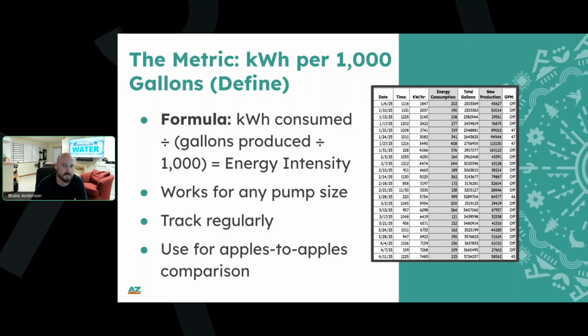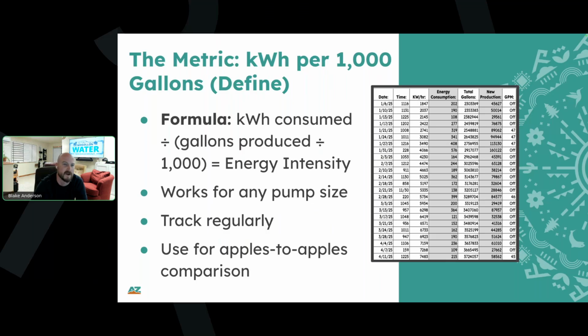That's going to be your electrical meter reading. Each time you check it, you're going to want to figure out how much power was consumed, what your energy consumption is. That's just the difference between the reading that you took today and the reading that was taken last. Then you're going to take the total gallons pumped off of your meter and do the same thing. You subtract the meter reading this check versus the one that was there last, and that gives you your net production number.